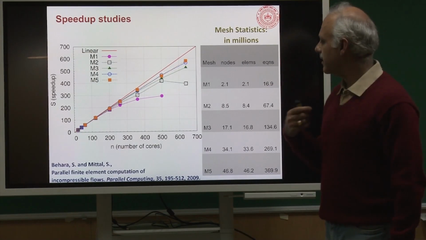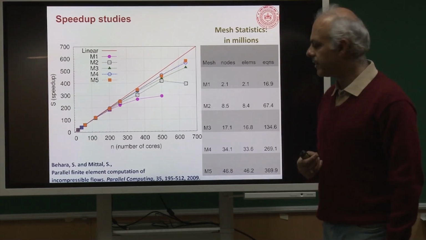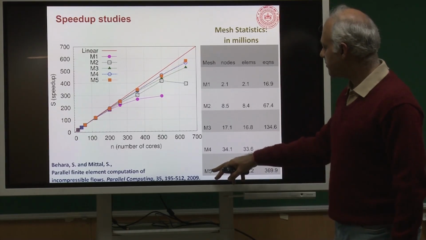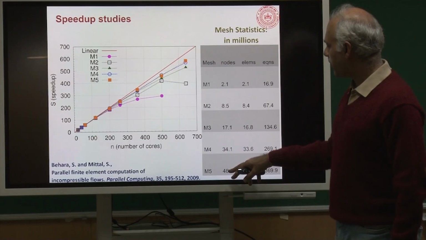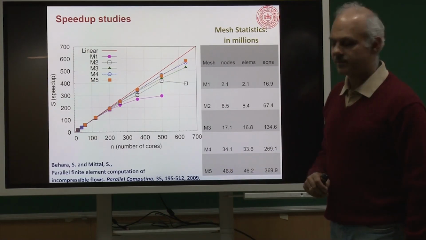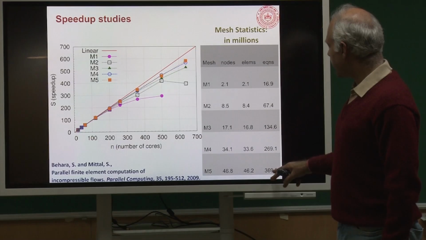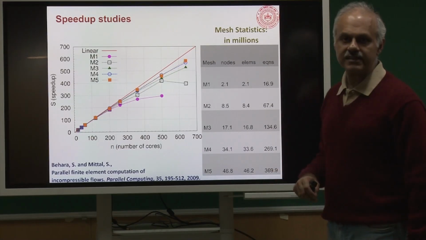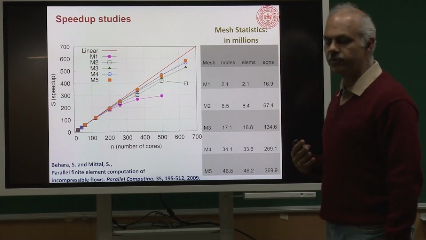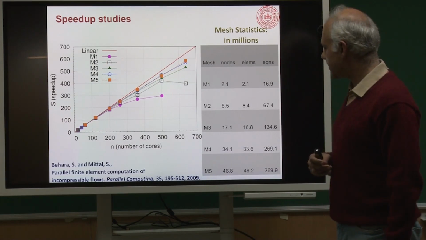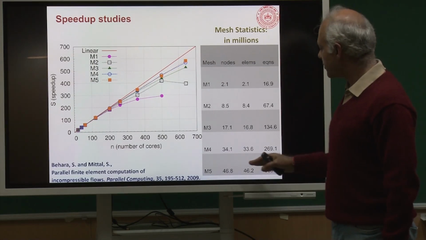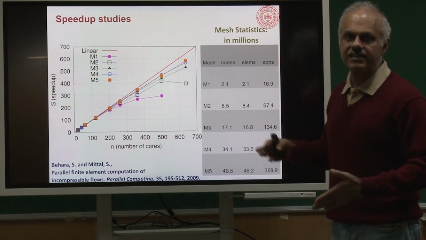These nonlinear equations are solved at every time step. The finest mesh has about 47 million nodes, and it has about 370 million equations. Okay, so, something like 0.4 billion equations,